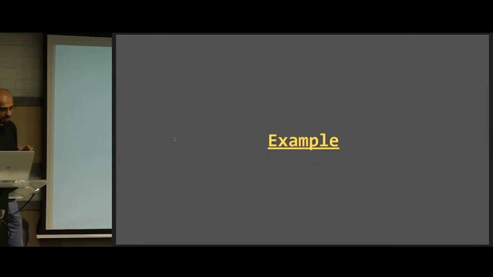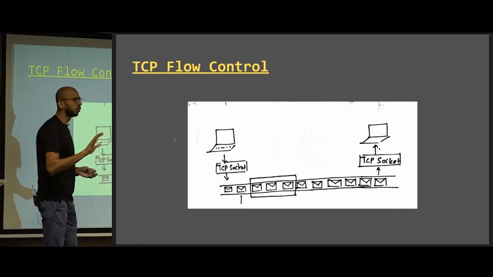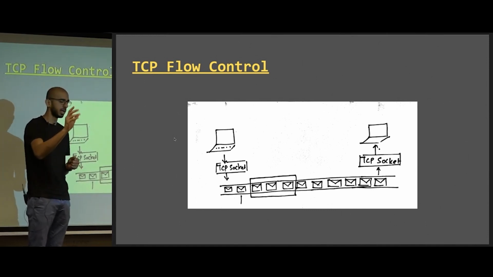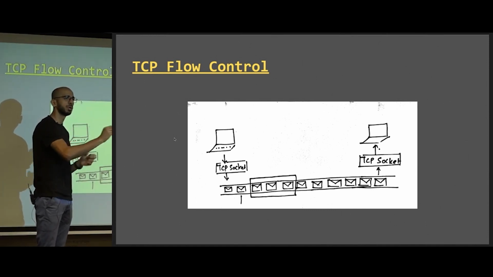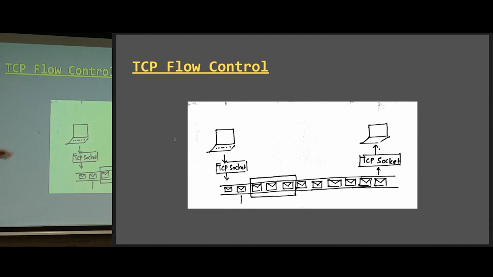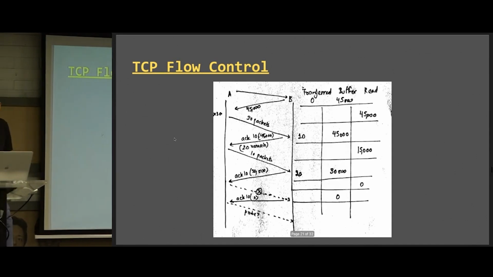So I'm going to take an example now of, how many of you know TCP flow control as an algorithm? Okay, you can take a nap. Others, do you want me to explain quickly how TCP flow control works? Because this is one of the beautiful examples of control theory in practice, which is being used for almost 20 and 30 odd years now. And we just haven't paid attention to it. So how